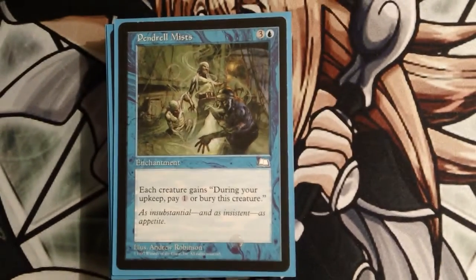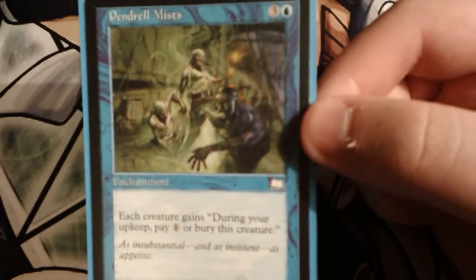Rising Waters, basically a Winter Orb, but for blue, 4 mana total. Can't go wrong there, just a little bit of added stuff. Pendrell Mists. For those of you that don't know, it's based off of a much more expensive card,